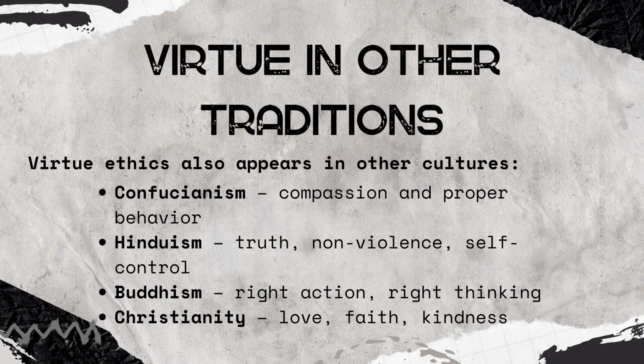So, no matter where you are in the world, many people are taught to respect elders, right? Like saying po and opo. Tell the truth even when it is difficult, and help others in need without expecting anything in return. In short, values like kindness, honesty, respect, and compassion are universal. So this means they are important in every culture and tradition, and they help people live peacefully and harmoniously with others.